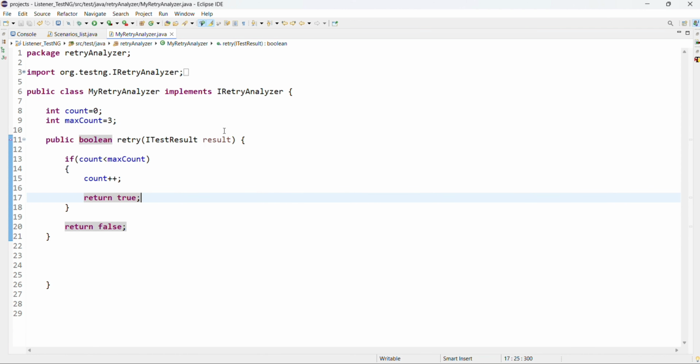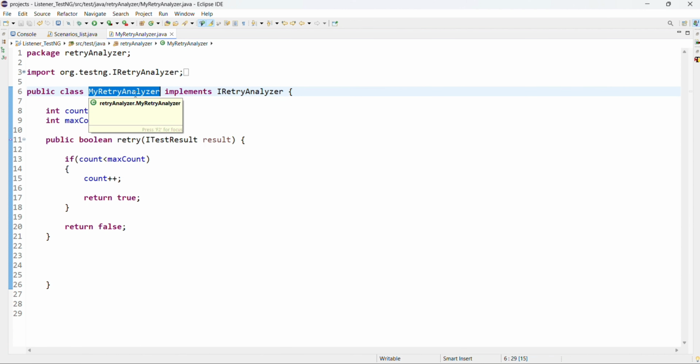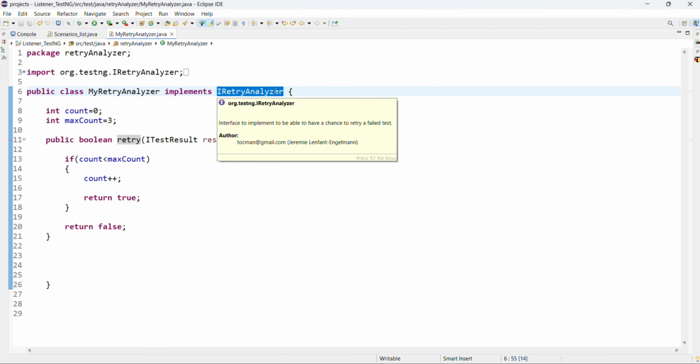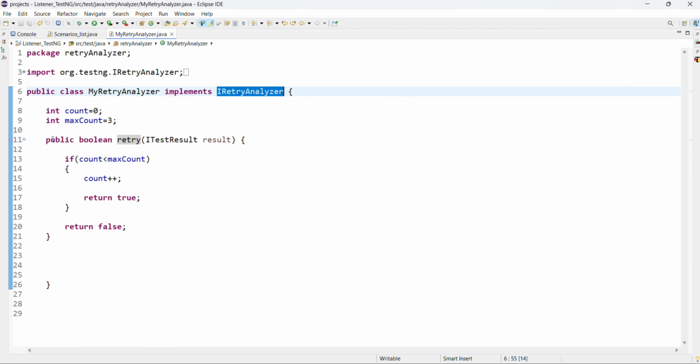So what we are doing here: we first create a class, and you can name it as per your requirement. I have named it MyRetryAnalyzer, and it implements the IRetryAnalyzer interface, which is already available in TestNG. Then we have taken two integer variables: count equal to 0, and maxCount equal to 3. MaxCount means how many times we want to retry the failed method.